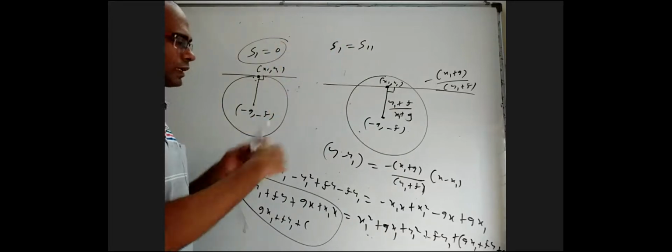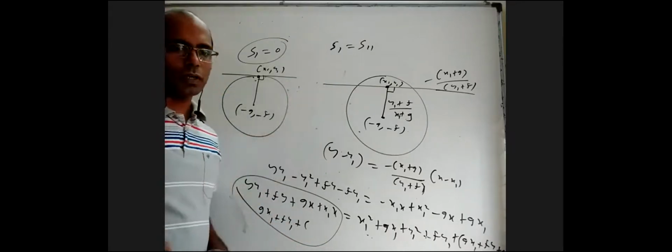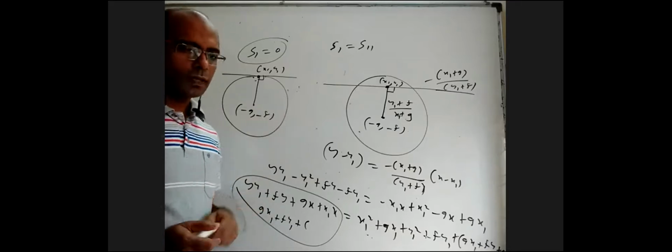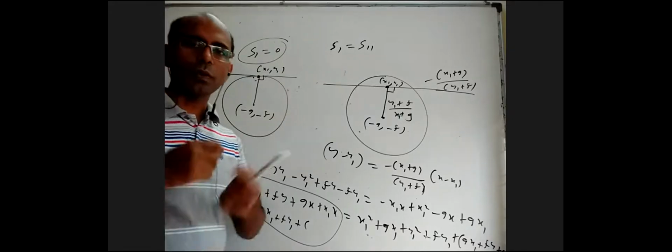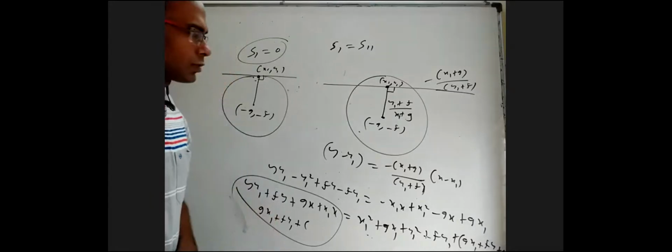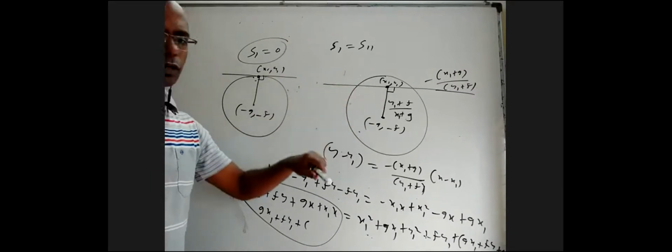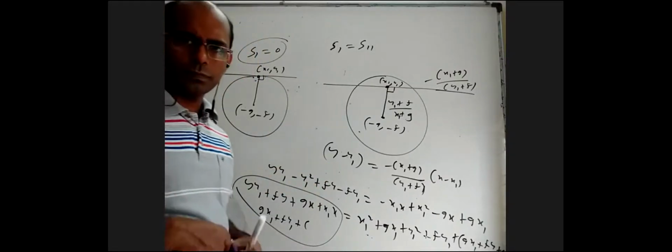But this derivation is not suitable for ellipse, hyperbola and parabola; we have to do those separately. Whereas the previous method I told for S1 equal to 0, where we used S1 plus S2 equal to S12 and point 2 approaching point 1, is applicable for all conic sections. So if you know the midpoint of a chord, the equation of the chord is S1 equal to S11. Even that is true for all conic sections. This way of deriving it is applicable only for circles. Is it clear, everyone?